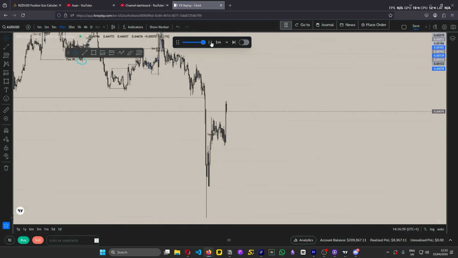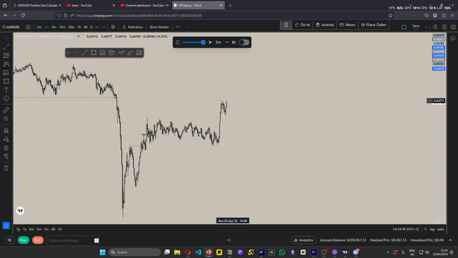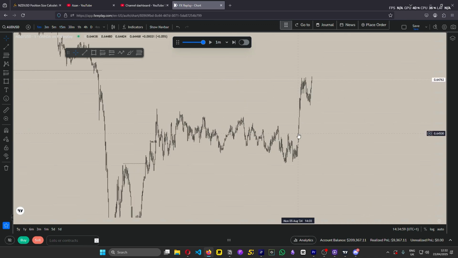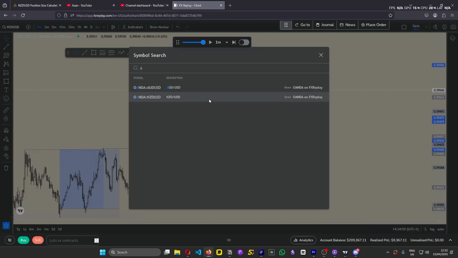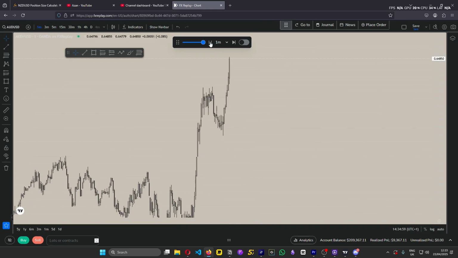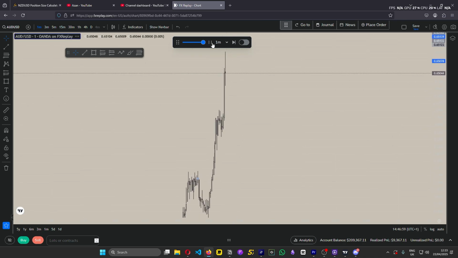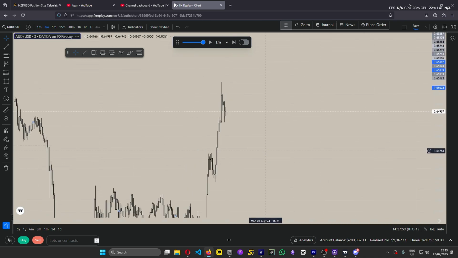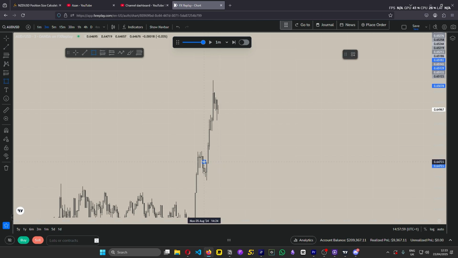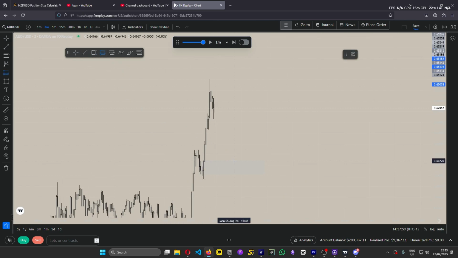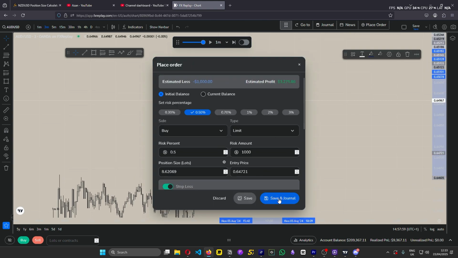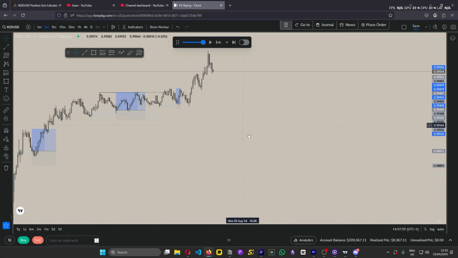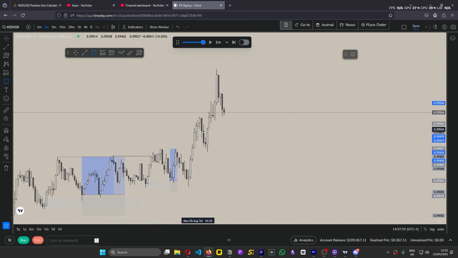Next, I'm going to be looking at... I mean, at this stage, since we're clearly just going up, I might as well just keep taking continuations until I get stopped out, right? Where's the major break? This one. What is going on here? Limit. I'll put a limit here for this one. This is the last break.